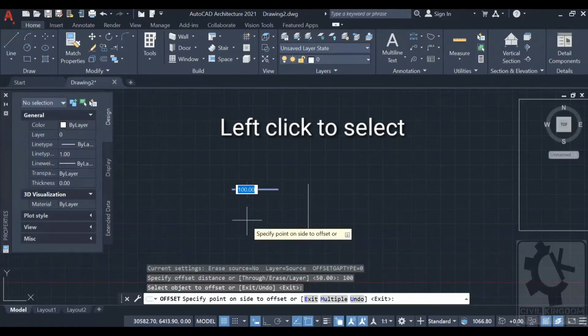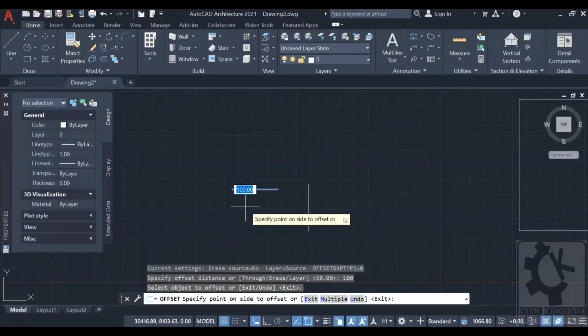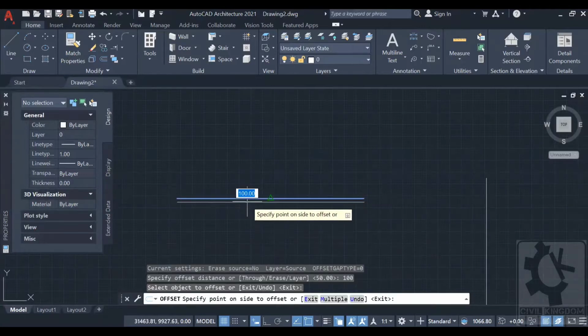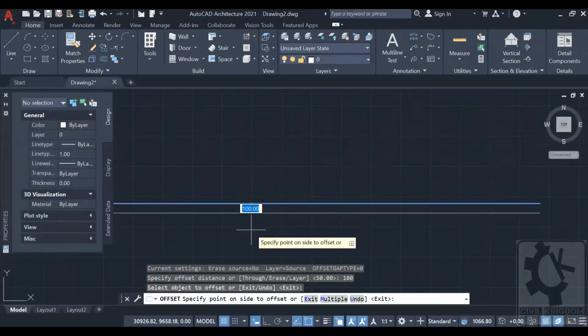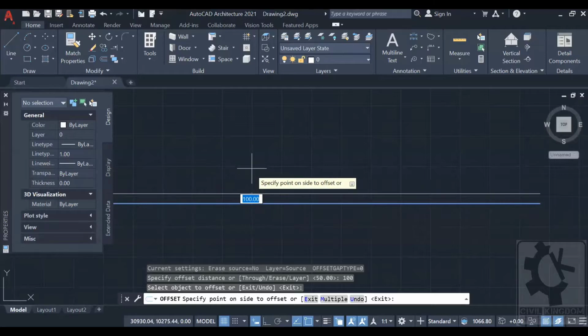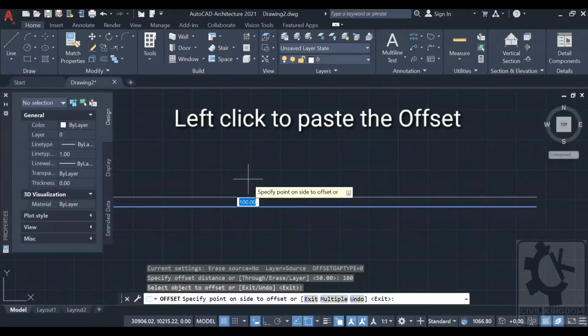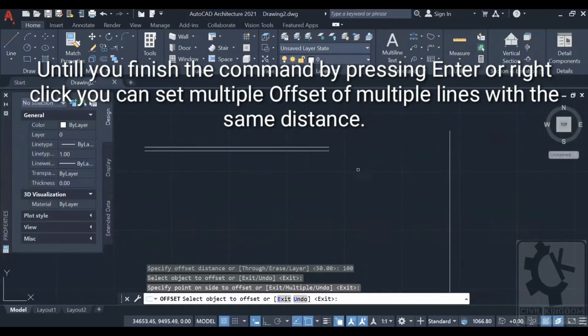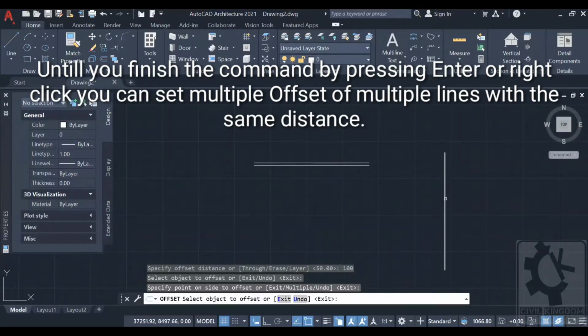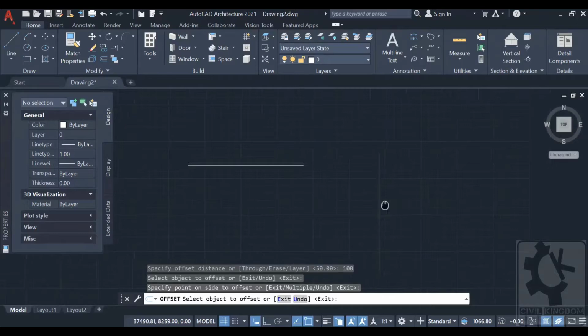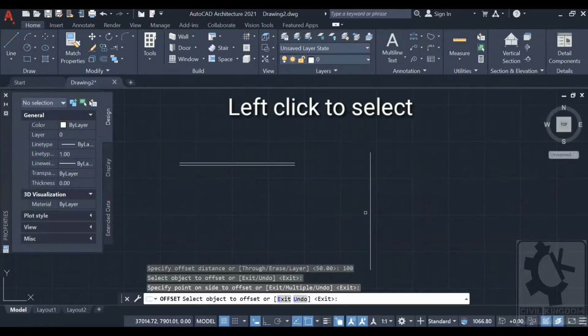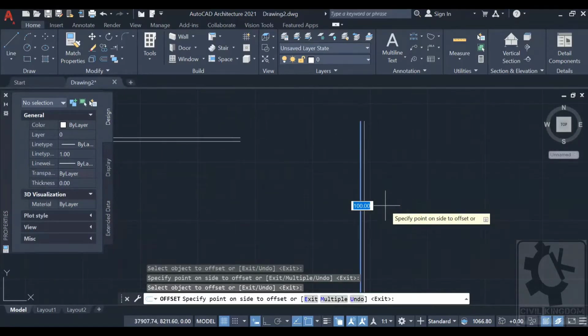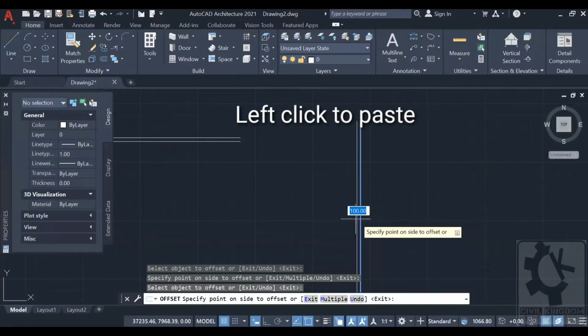As soon as you select the object, the offset will appear, and the way you move your mouse, the offset will be positioned in that way. Say I want it in this direction. Again, you can do it multiple times. Say I want again a 100 mm offset of this object, so select the object and again you can continue with that.